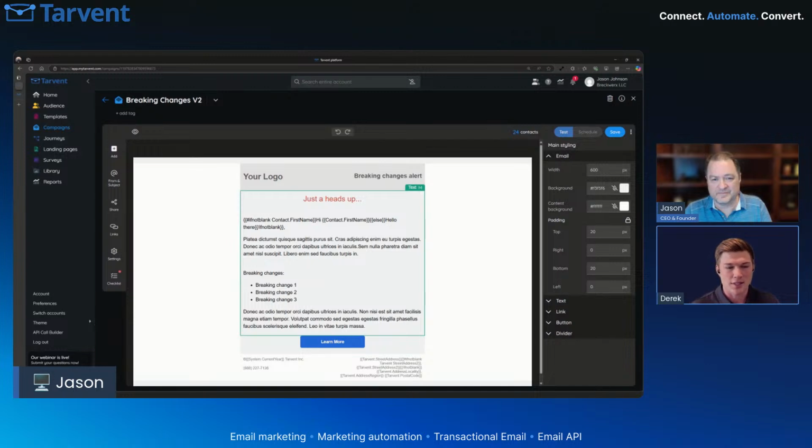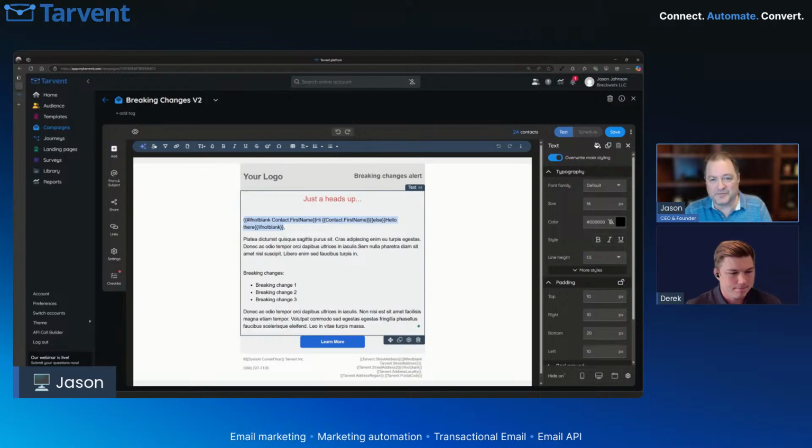So just always test. Yeah, I just wanted to pull up an email so people can see really quick what personalization looks like in here. I'm just going to delete this, because this particular block would be considered dynamic content, or conditional content. It's an if not blank contact first name, then you put hi first name, otherwise you put hello there. So that's a way you can do it.